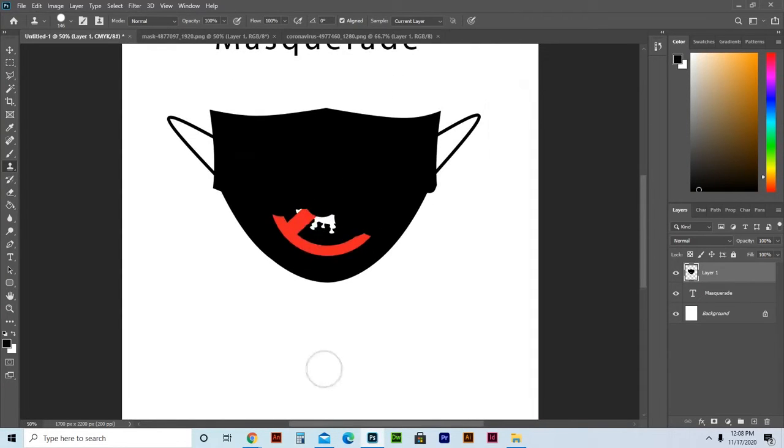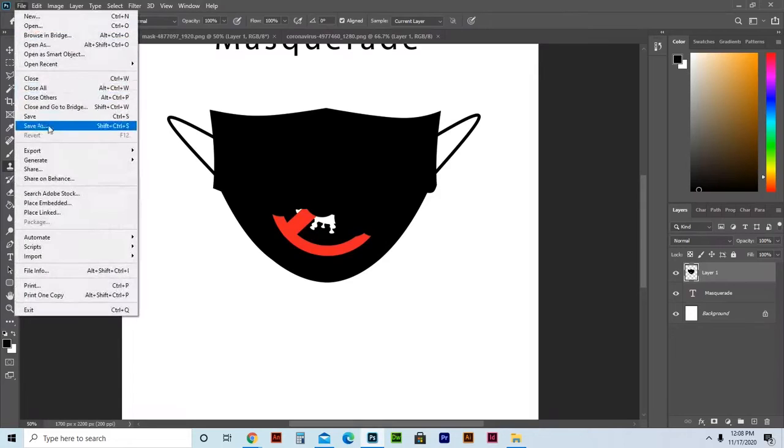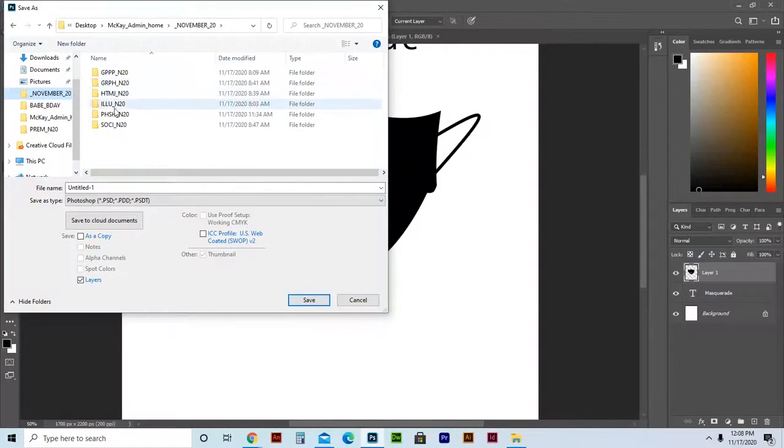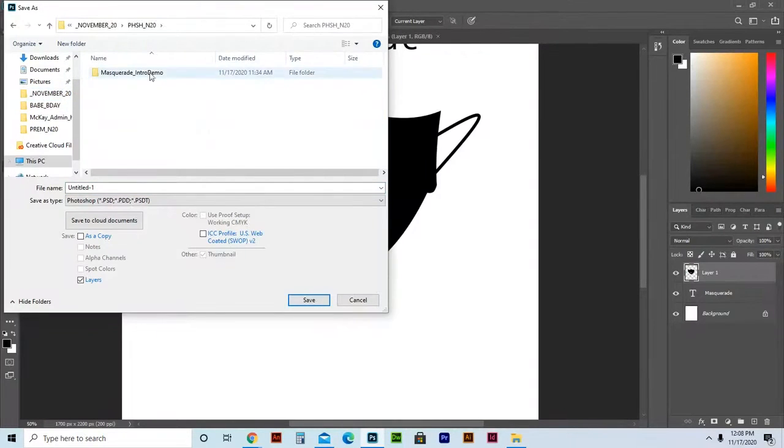And I'll put this little note here. And before I do that, I'm just going to save this. And while I'm saving this, I'll show you guys that I do have a folder already created for my design work for this design. Masquerade intro demo makes sense to what it is, and now I'm going to save it. Always a good idea to create a folder for each project that you work on in our classroom. Okay, it will actually be mandatory eventually here. Okay, so Masquerade